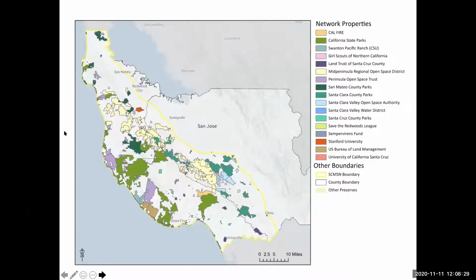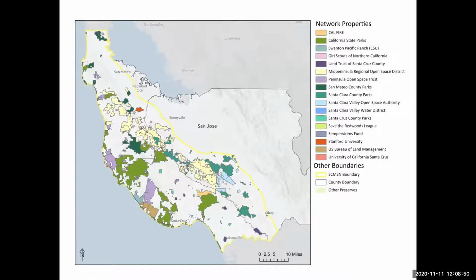This is a map of our region. If you look at the very top of the map, that little bit above the yellow line, that's San Francisco, just to help you locate yourself. And the yellow outline here is the boundary of our network.